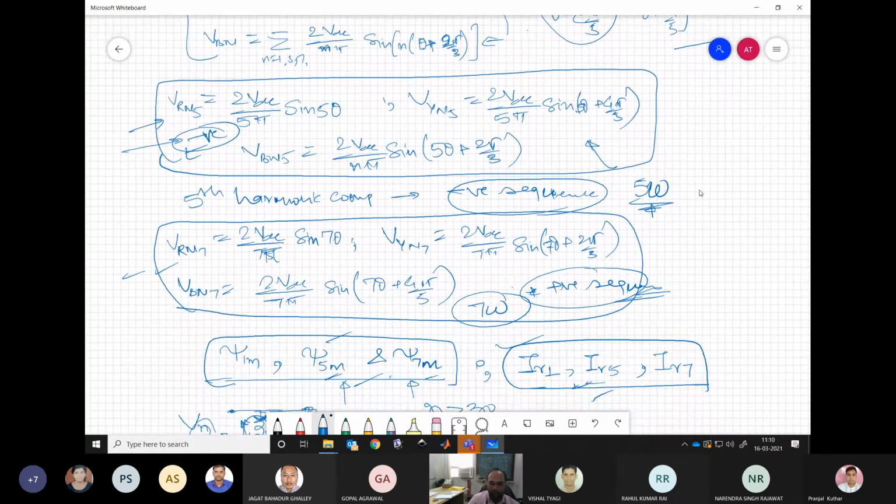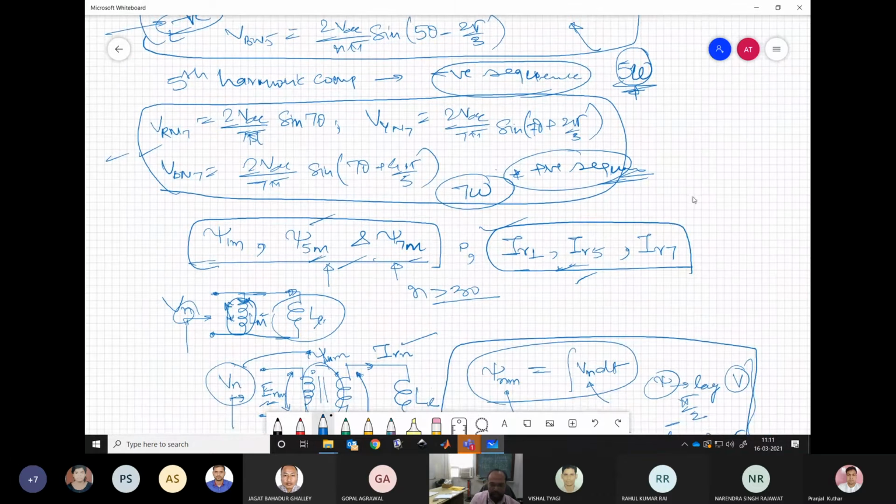And when we have V5, we saw that it is actually coming as negative sequence. So actually it will be V plus 2 pi by 3, and this would be minus 2 pi by 3, which is the negative sequence, and it rotates at 5 omega synchronous speed. So similarly, the 7th comes as positive sequence, so this correction is needed here also. This is minus and this is plus 2 pi by 3 or minus 4 pi by 3, both are correct. So this is what we have as sequence.